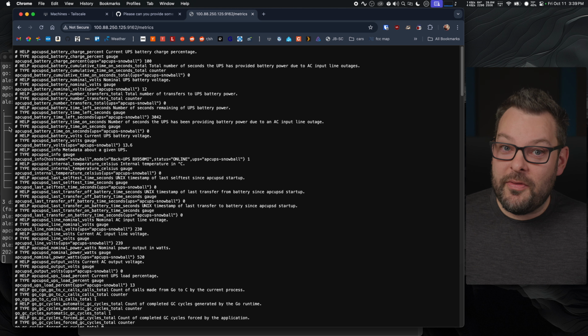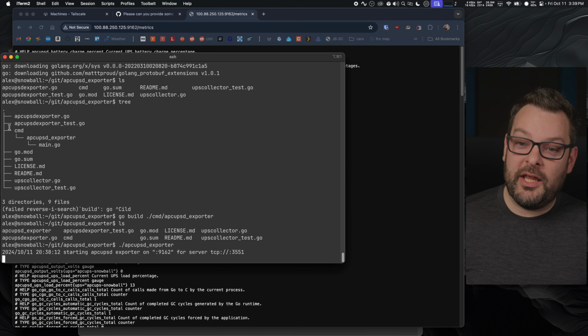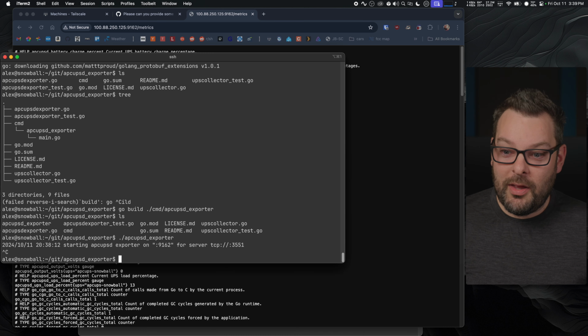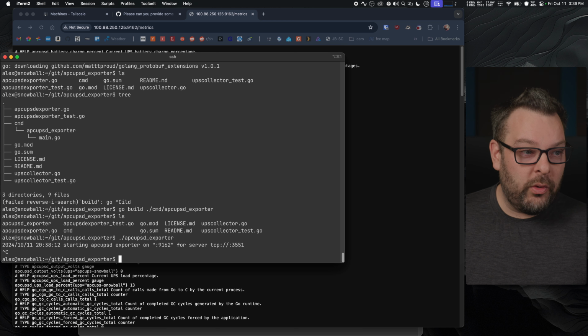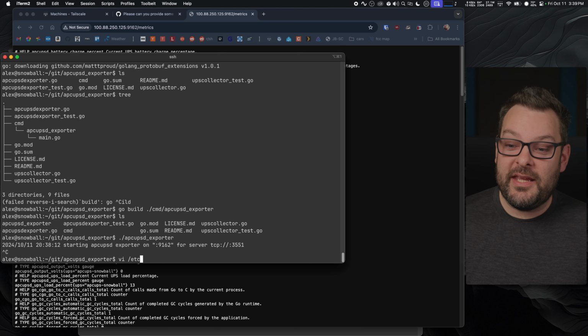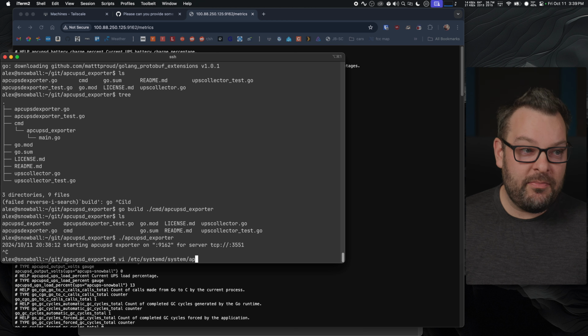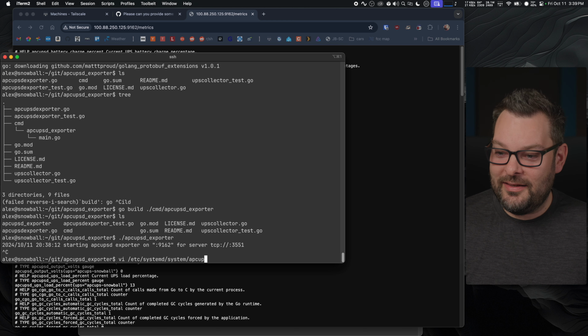Now at the present time, this HTTP server is running in the foreground. Long term, that won't do. So we need to create ourselves a systemd unit file. We're going to put this under /etc/systemd/system and then apcupsd